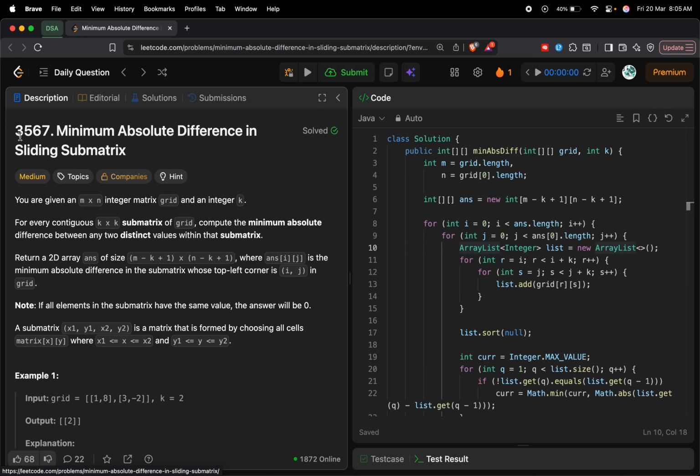My name is Raviteja. Let's solve today's LeetCode problem 3567, minimum absolute difference in sliding submatrix. You are given an m by n integer matrix grid and an integer k. For every contiguous k by k submatrix of grid, compute the minimum absolute difference between any two distinct values within